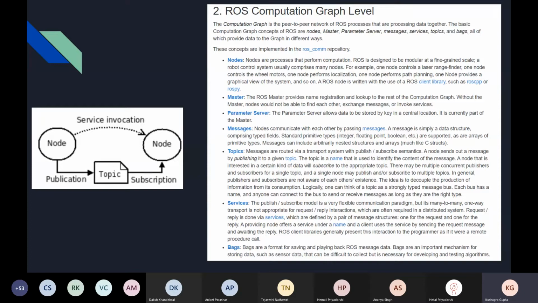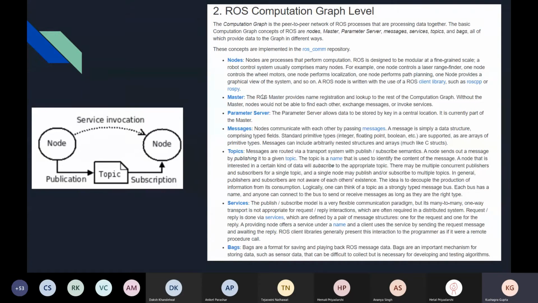So let's say there are two nodes, node 1 and node 2, and you need information to flow from node 1 to node 2. You will write a Python file or a C++ file, a publisher file, which basically says that information from node 1 will be published to topic X. And then you will also write a subscriber file which will say that information from topic X is subscribed to by node 2, right? Not transferred, but read. Anyway, how ROS runs all of that is called the computational graph. And there are basically different topics.